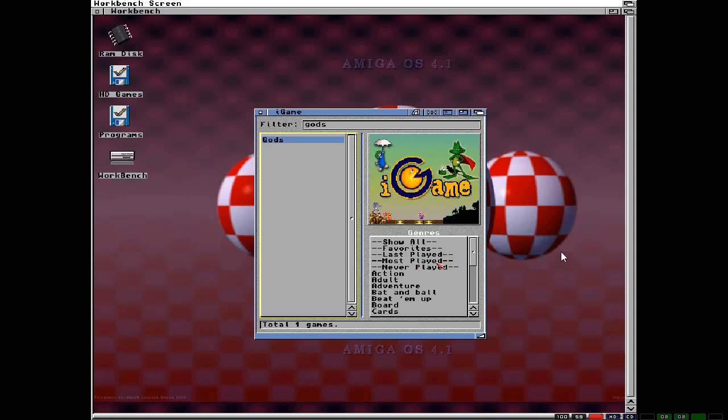It says last played was Gods. Most played is Gods. Never played: see, there's no games listed in never played. My favorites is Gods. Last played. Favorites, I don't have nothing in the favorites folder. And show all. But anyways,